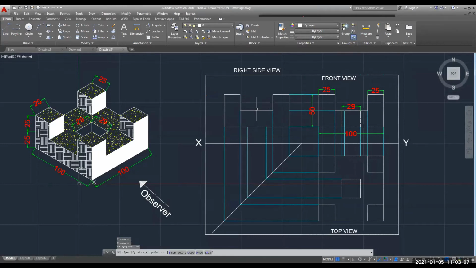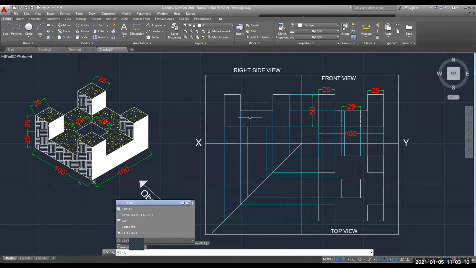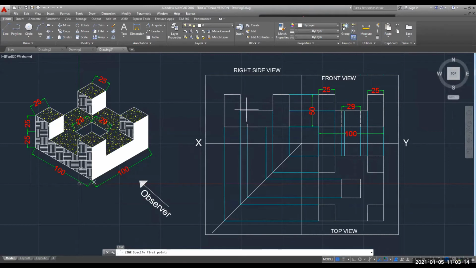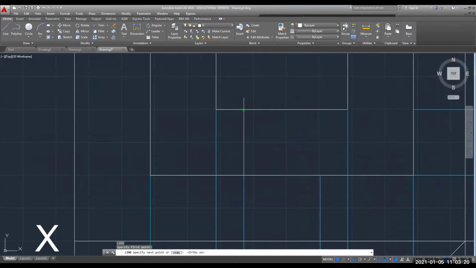Now, two more lines here it will come, and that will be again a hidden line. Switch on the ortho because you want a vertical line. Again, go for the line command up to here.